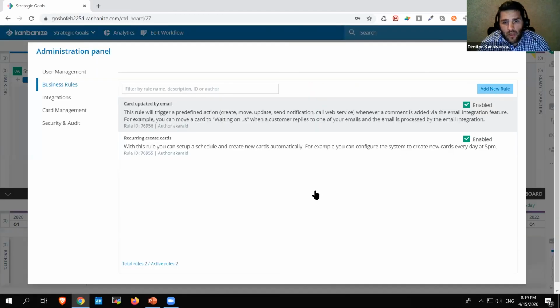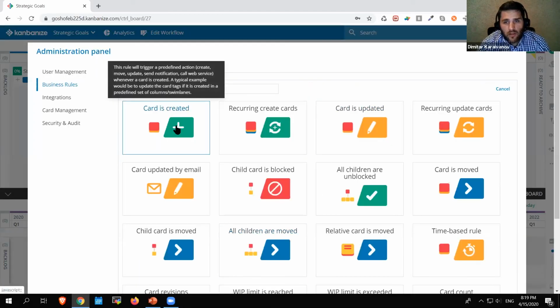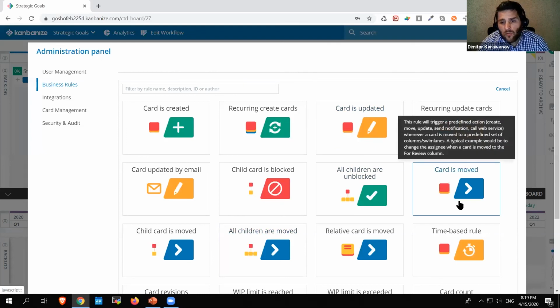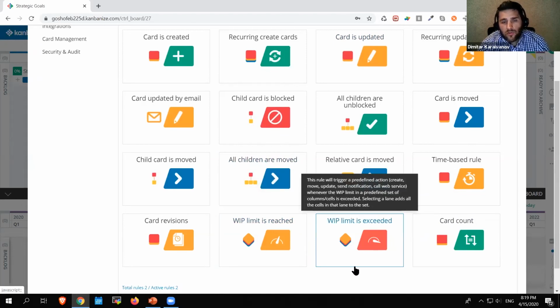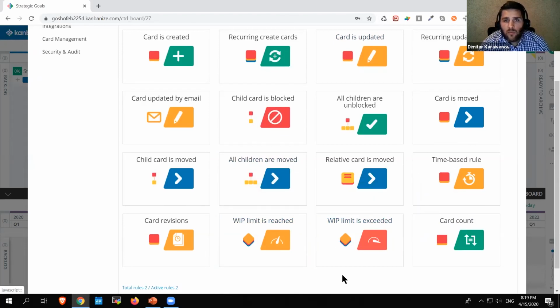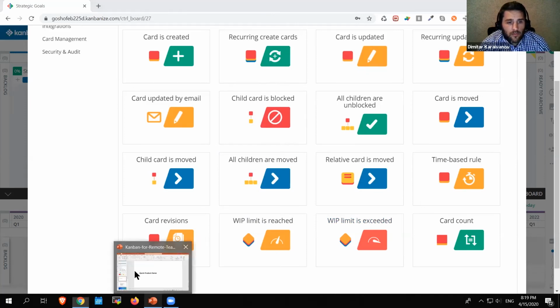As you can see, we have a bunch of triggers. So when a card is created, when a card is updated, when a card is moved, time-based rules. We have when a WIP limit is reached, when a WIP limit is exceeded. You can do all sorts of crazy things with the business rules engine in Kanbanize. I urge you to take a look. So now going back to my presentation,